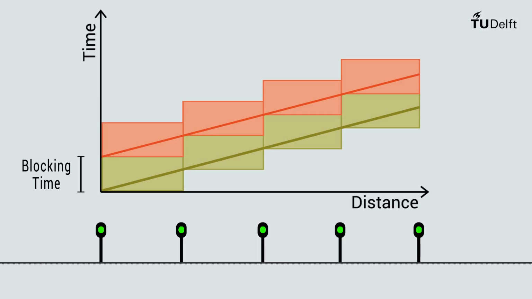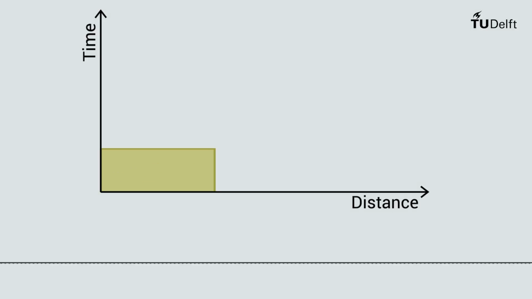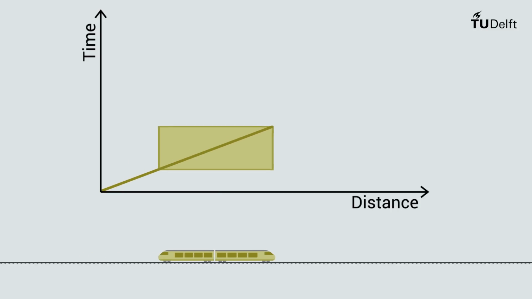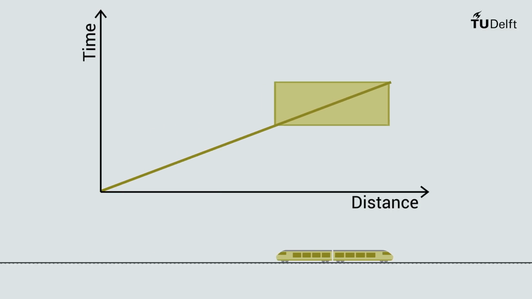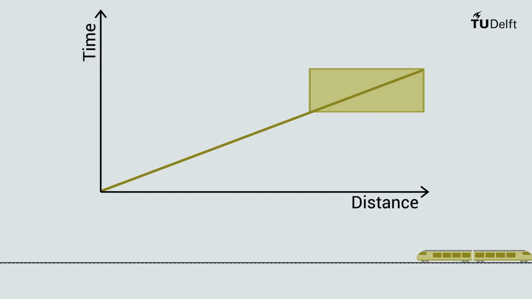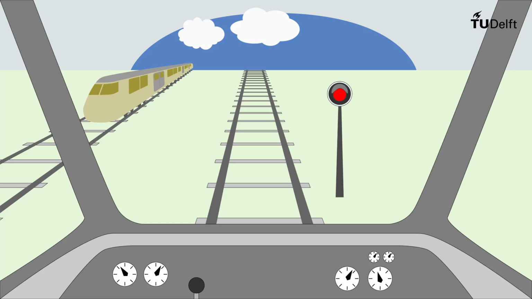A development in block operations is the moving block. Instead of dividing a railway track in fixed blocks, the moving block operation essentially recognizes the actual train. This is done by maintaining a virtual block which moves together with the train. Fixed signals along the track become useless if the blocks they have to guard are moving. Therefore, methods are developed to display this information directly in the train driver's cabin.